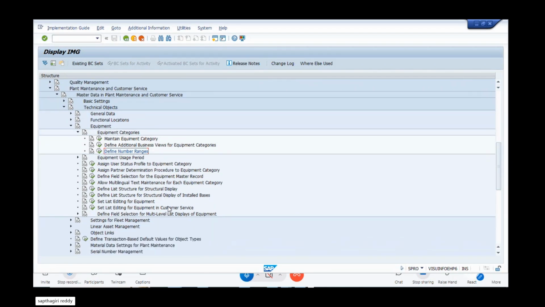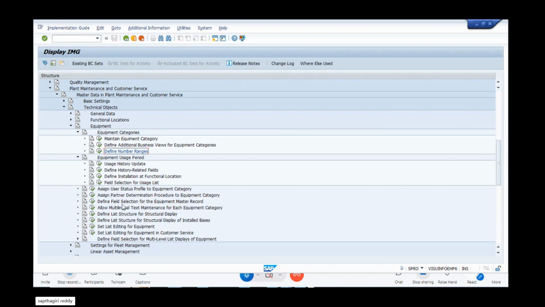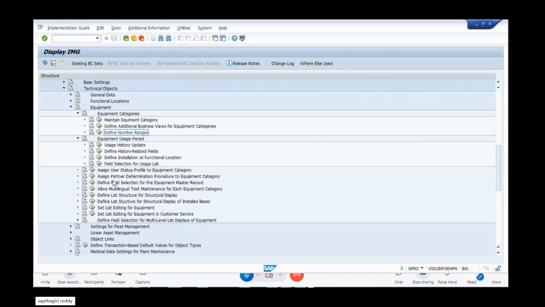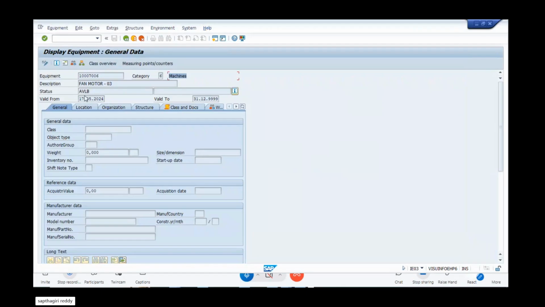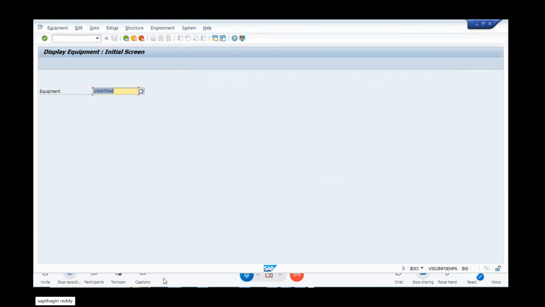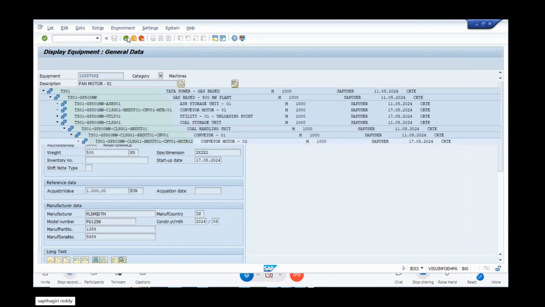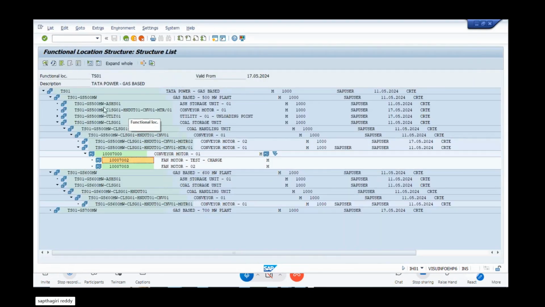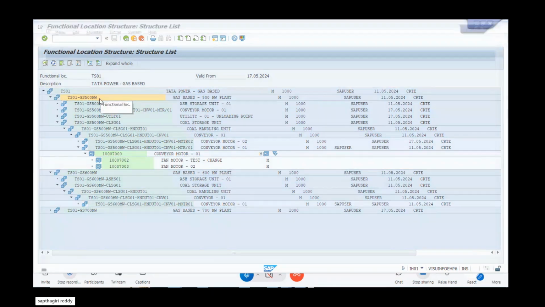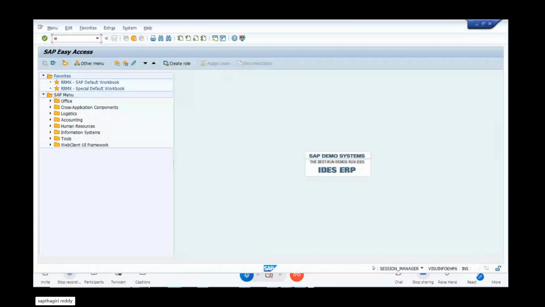Yeah, number ranges we have done. Okay, usage period, whatever is there, we will see later. Now I'll go for equipment. Okay, now come back. Example, say you install any equipment under this. No, you don't install under equipments, correct? I'll go for, example, say